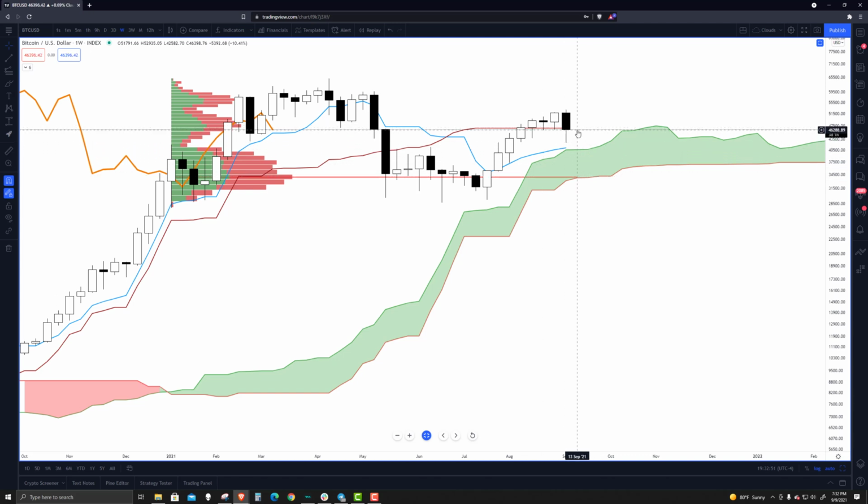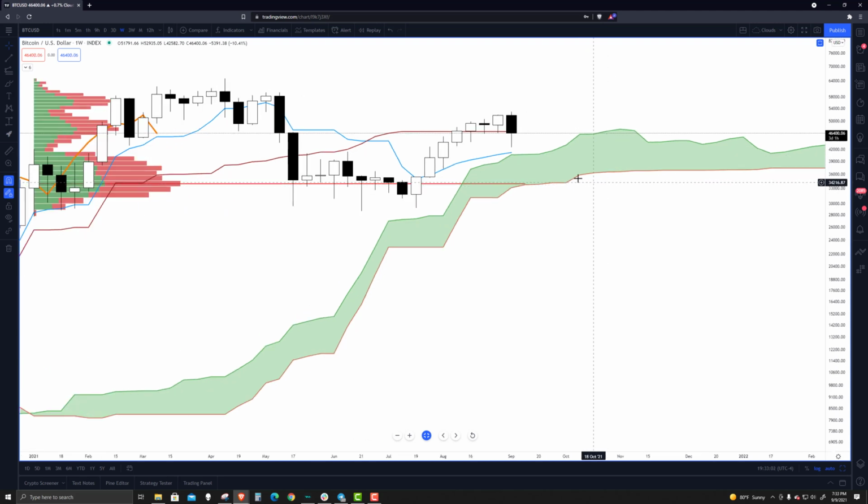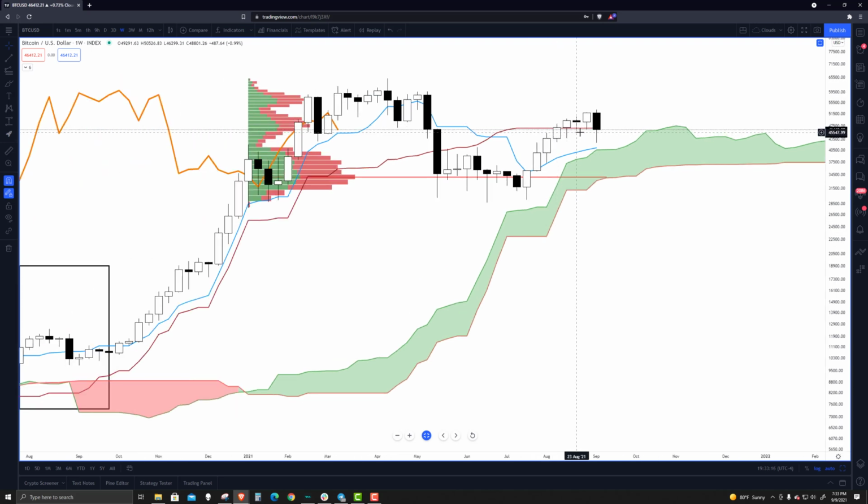If the weekly chart closes below the Kijun-sen, I think we'll see a pretty fast move down to 40K and then possibly down to that 35K zone. But just know that if bulls keep Bitcoin above the Kijun-sen, then any type of bearish scenario here is going to be moot. I mean, it is set up nicely to see a resumption of the uptrend,